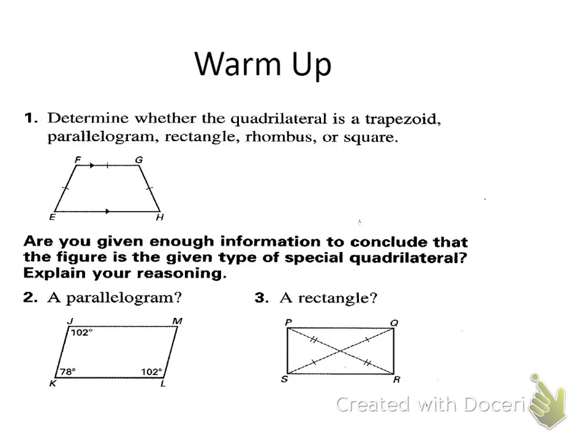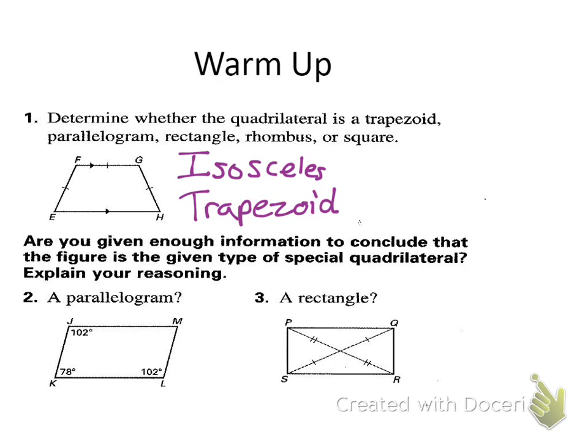7.1 day 1. It says determine whether the quadrilateral is a trapezoid, parallelogram, rectangle, rhombus, or square. What is this? It is a trapezoid. It's also a special type. What is it? An isosceles trapezoid. Are you given enough information to conclude that the figure is a given type of special quadrilateral and explain